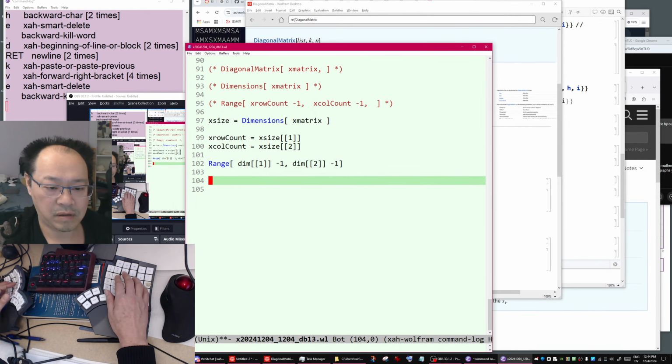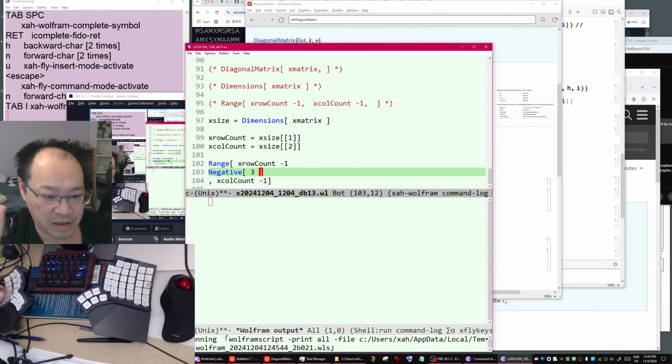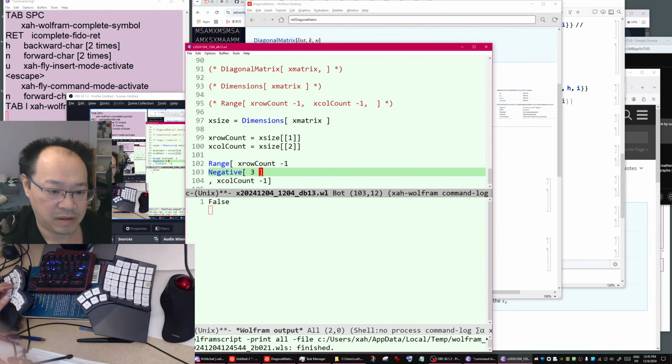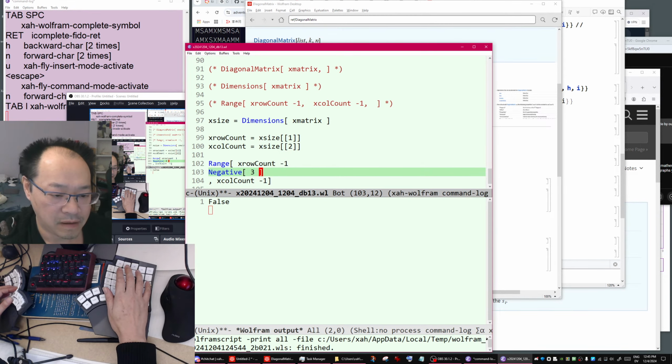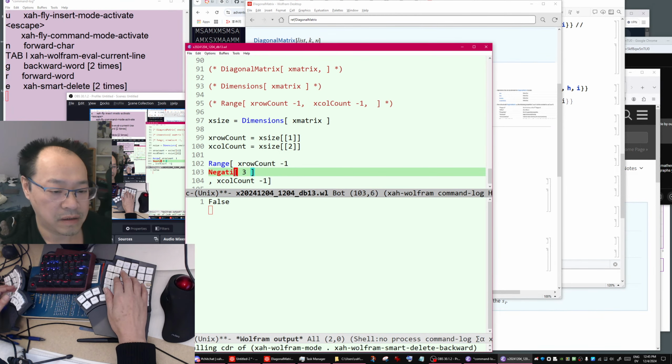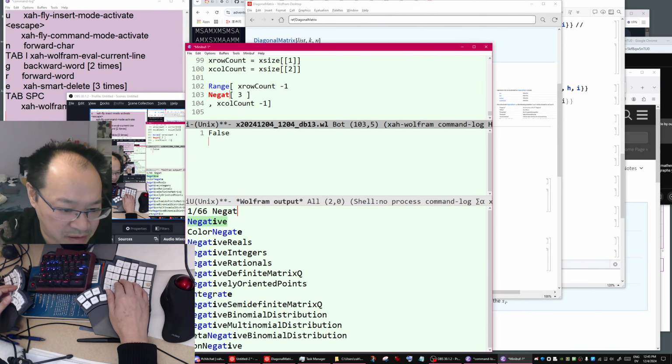Oh yeah, you forgot to negative it. The row count 3 minus 1, then you just say negative. You need to negative it. Yeah, so negative is what? Negate. Let's say negative 3. Let's run this line. Is there a negate?